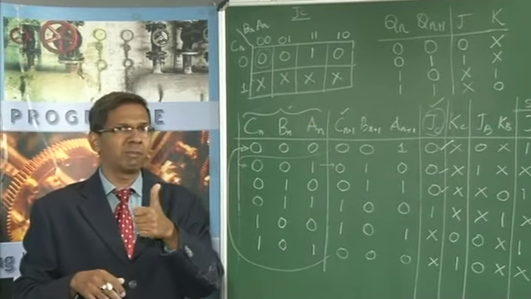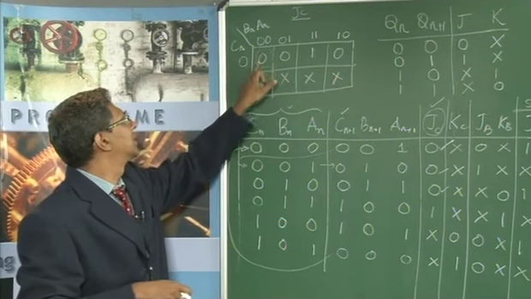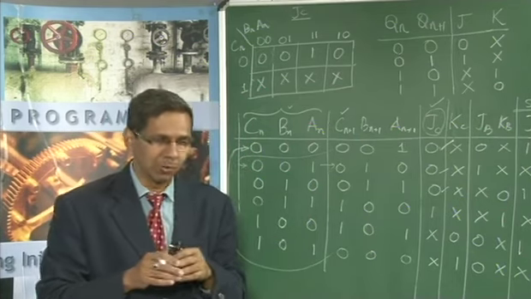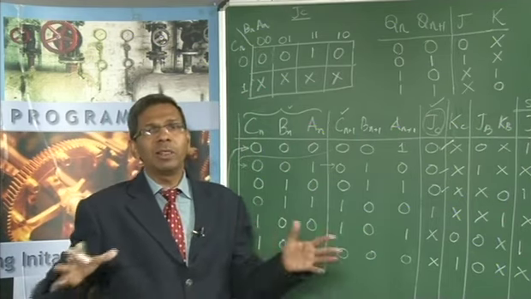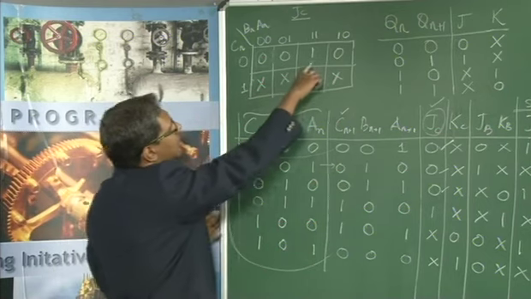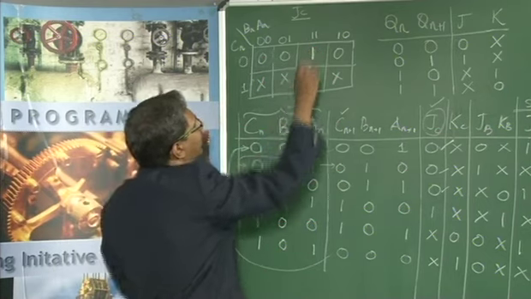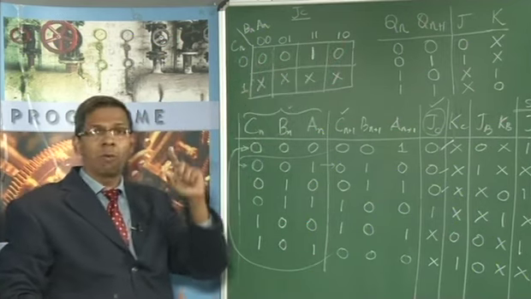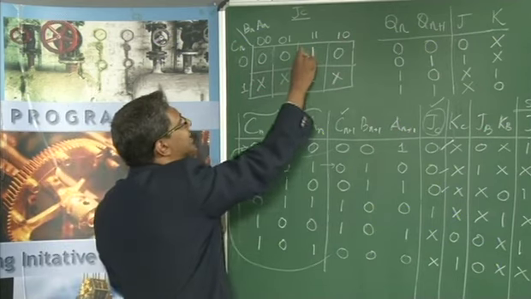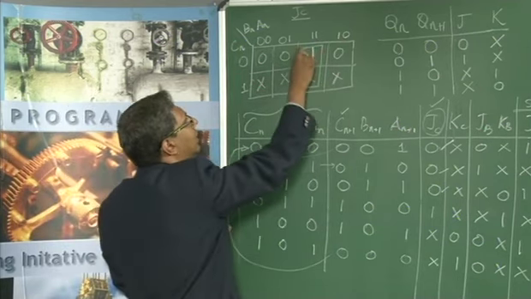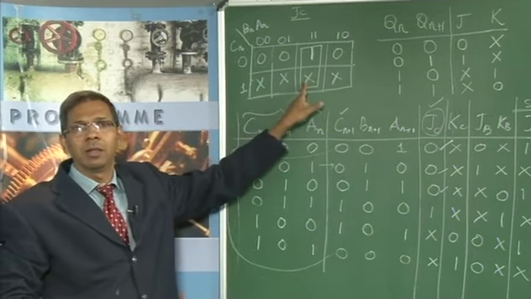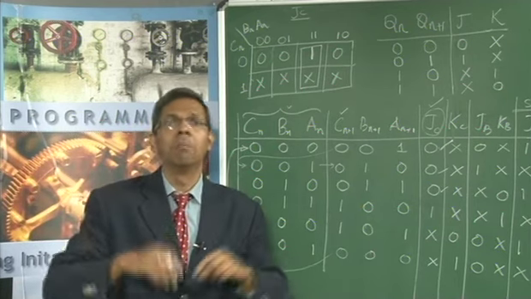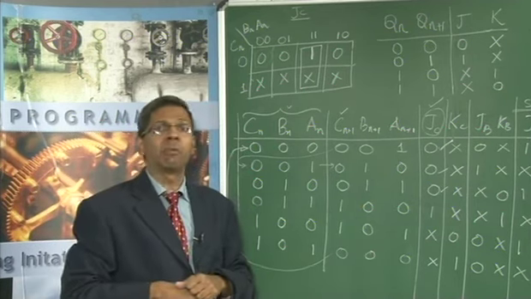I am interested only in sum of min terms, so I will only concentrate on the ones. If it was product of max terms, then we combine the zeros. So our job is to include all the ones in the design. If I use this one here, then I'll end up writing it as Cn bar, An, Bn. Instead, I will merge that with this box here. I have interpreted this x as 1, so that I can merge these two, which allows me to eliminate 1 variable.